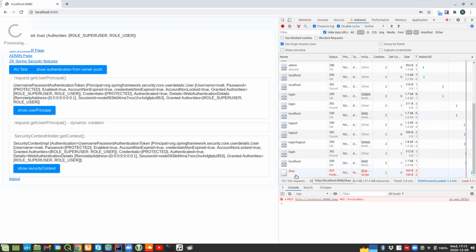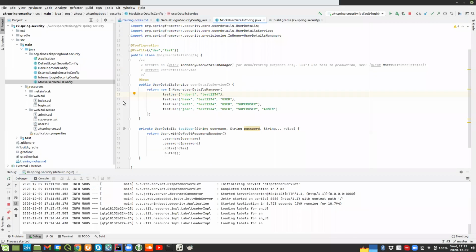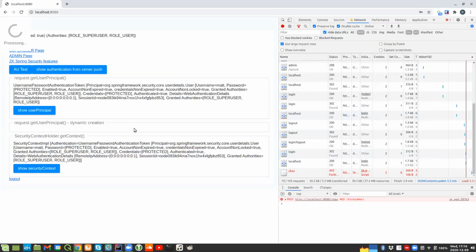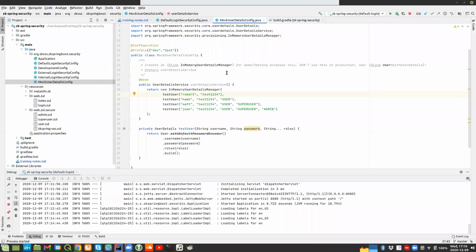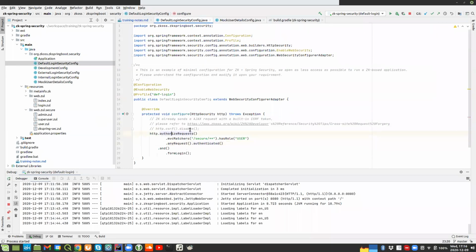I don't even know exactly why it's blocking this request here, but it does, because I didn't configure any restrictions here. Must be another default about AJAX request. No, I think it's complaining about, yes, the first thing it's complaining about is the CSRF token. If we go to our default config, that's something we need to disable, because